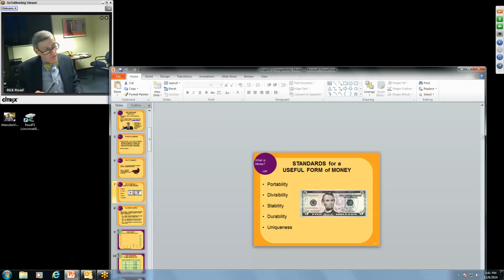Stability means it's going to last for a while. Now we know that metal coins, gold, silver, copper, whatever, last longer than paper, but paper lasts a while. You'd be surprised. And that stability, well, excuse me, I went the wrong way. Durability means how long it lasts. Stability means it doesn't lose its value, or a great deal of value over a period of time. And that it stands on its own.